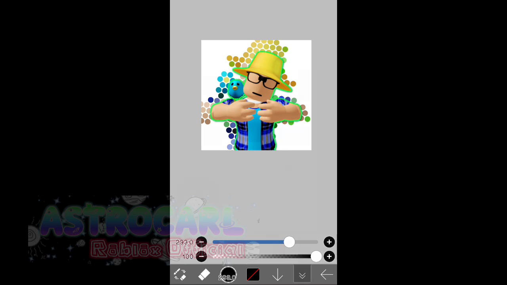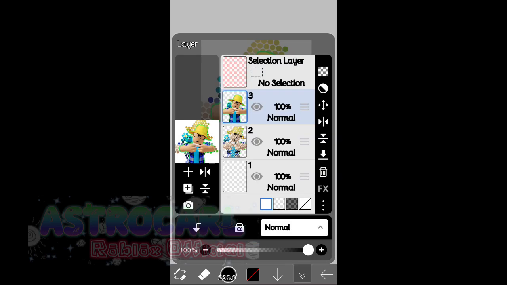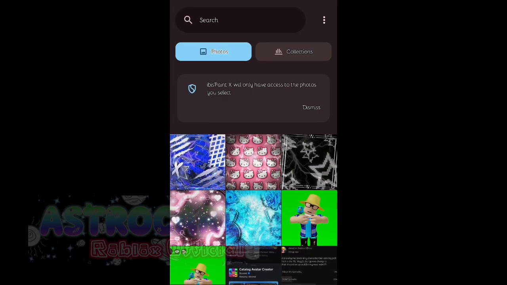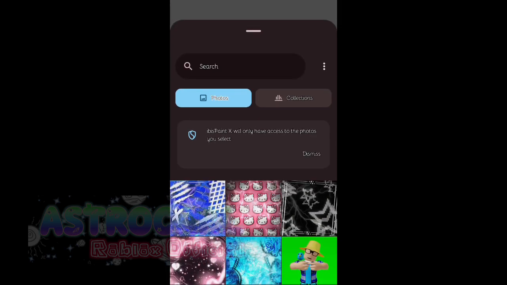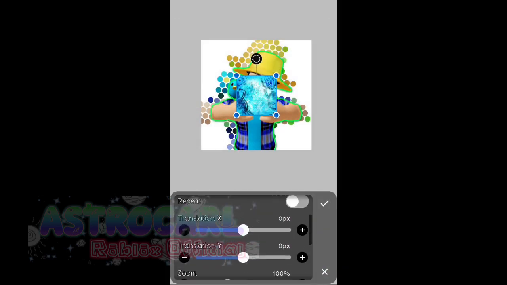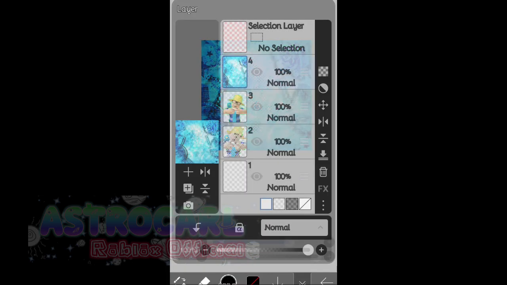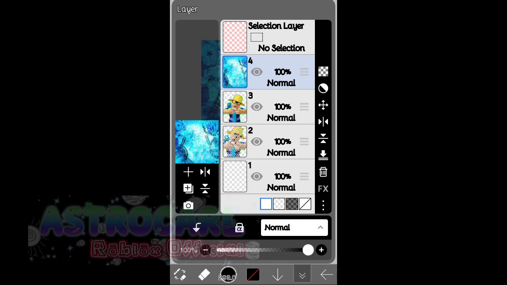So press the layer section and import picture. This is a camera icon. Then I downloaded 5 GFX backgrounds because my old phone has tons of GFX backgrounds. But sadly, my screen is totally dead or ruined. So I'm going to choose the blue one, and then you can adjust the size of the pictures. You can zoom in or zoom out, and then after that, as you can see, I highlight the fourth